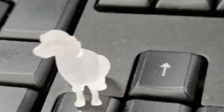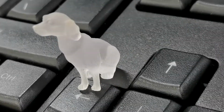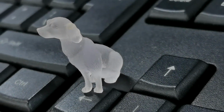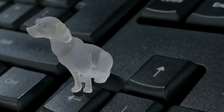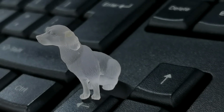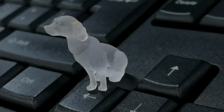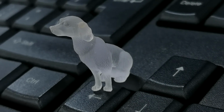Change another angle and see. Okay, this dog, can you see? I only use the phone, use my mobile phone to take this video, and can see the details very clearly. So the detail performance is really good of our